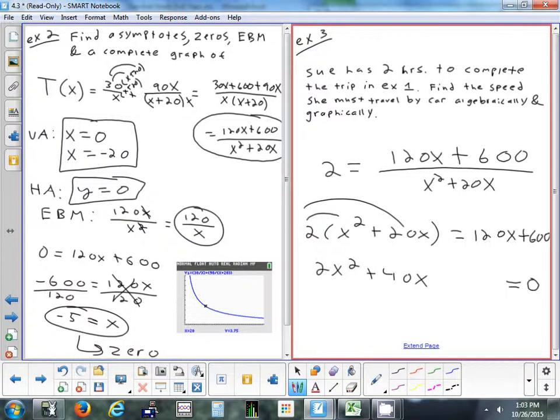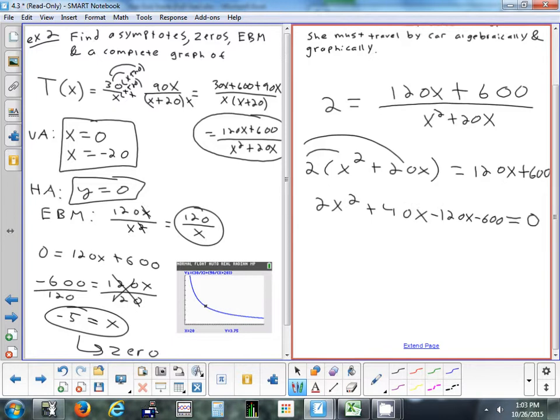So you get minus 120x and minus the 600. Madison, anything I can combine there? What's 40 take away 120? So negative 80x